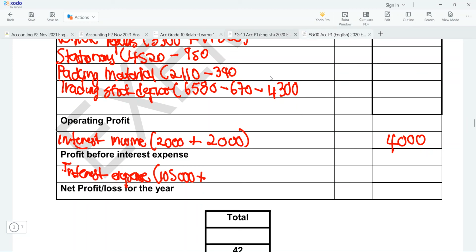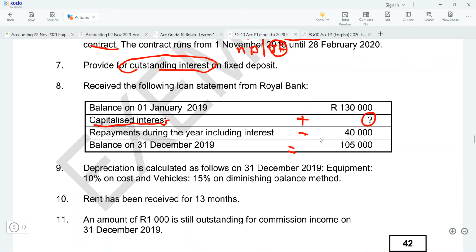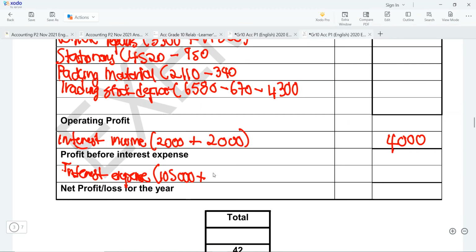How much was the repayment? Remember, we're doing the opposite of what was done. It was subtracted to reach here, so we're going to add. So we're going to say plus 40,000, right? And then we're going to minus the opening balance of 130,000, and it will tell us how much